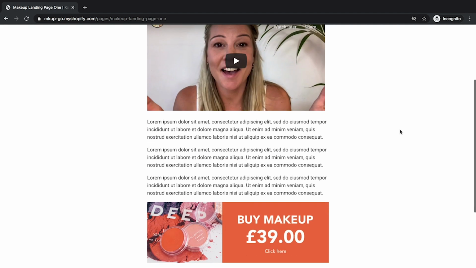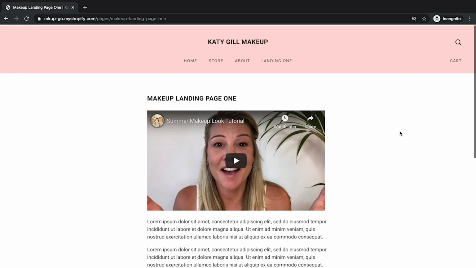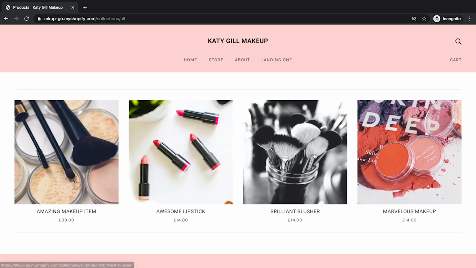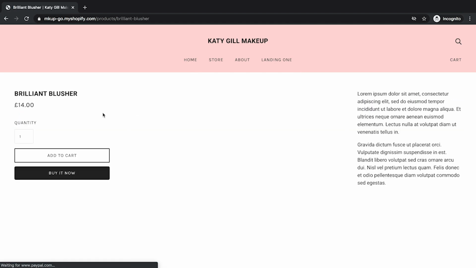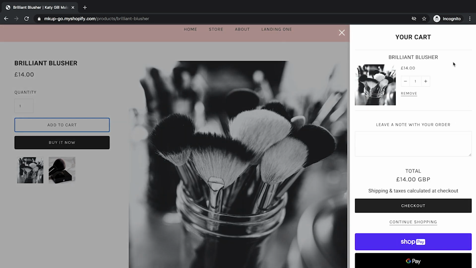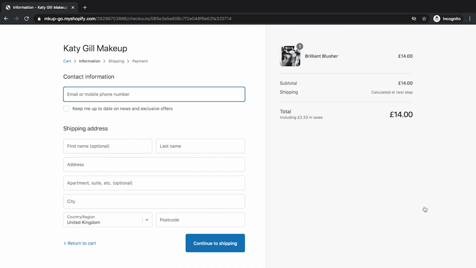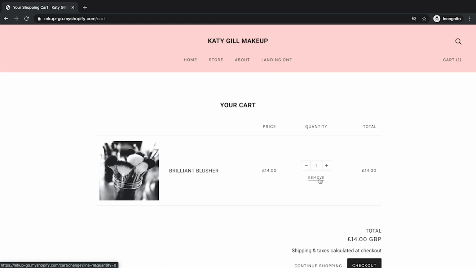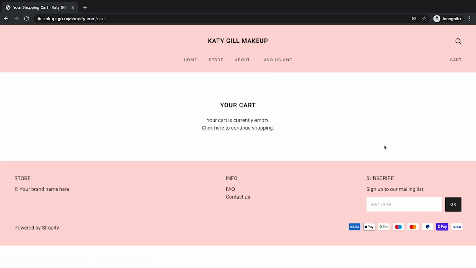So we now know what content we need to put together, how it's going to look. So we don't have to worry about the shop anymore. We just have to worry about the copy that's going in and the images that we need to use. So if you click to store, click on the product, and now when you add to cart, you'll have a cart come up here. You can go to checkout, and here's your checkout page. It looks great. We can go back to your cart here, and this is your cart. Obviously we can remove it. So pretty much all ready to go.